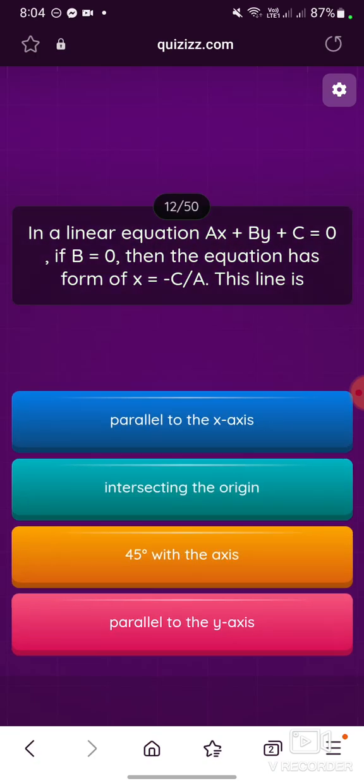In a linear equation ax plus by plus c equals 0, if b equals 0, then the equation has the form x equals negative c divided by a. This line is